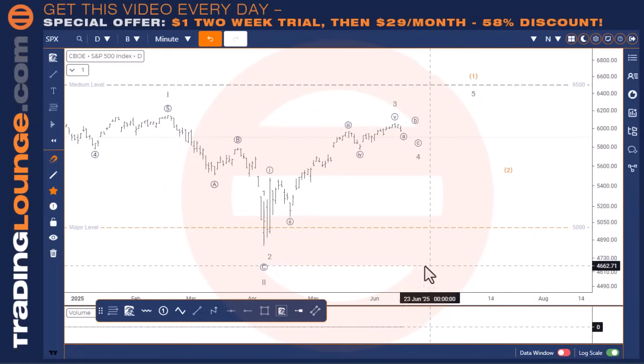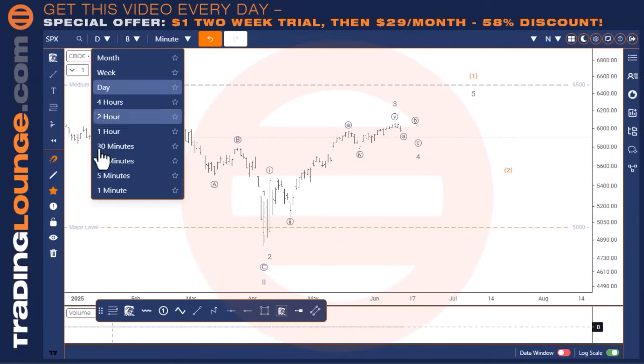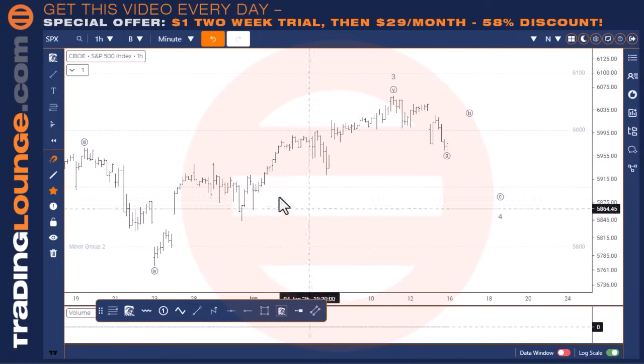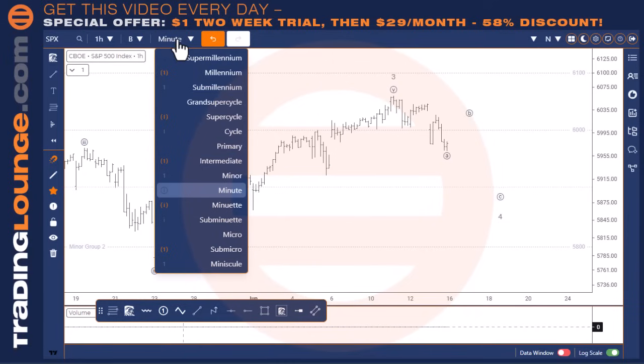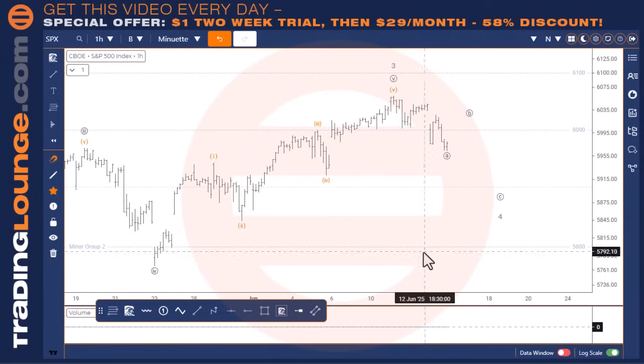So today I'm just going to go through on the hourly chart. Normally I go through on the 15-minute chart, but I want to be able to get the larger picture happening as well. And secondly, as well,